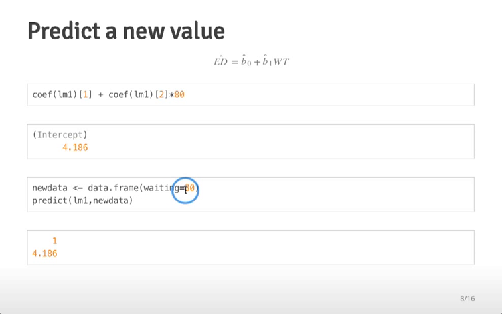So we need to set values of the waiting variable we'd like to predict for. In this case, I just set one value, 80. It would also be possible to set a data frame where waiting was equal to a long vector of values, each of which you wanted one prediction for. Then you can pass those to the predict function, and you get a prediction out that's going to be equivalent to just taking the intercept term and adding the slope term times the waiting times that we've included in our